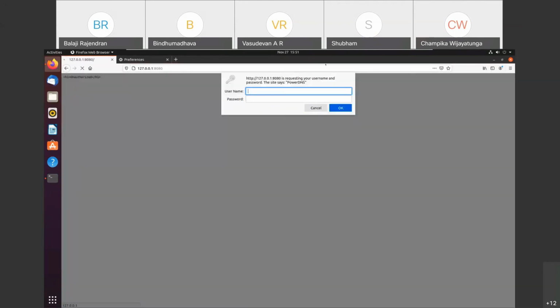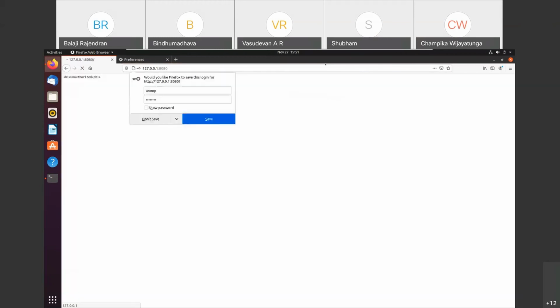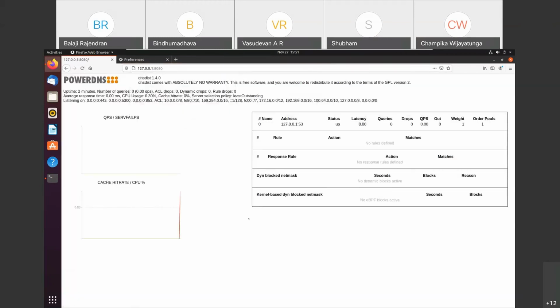Okay, let us check the interface of the DNS dist. You can see here it is a load balancer. You can add as many recursive resolvers here. Currently I have added only one recursive resolver, which is displayed here.